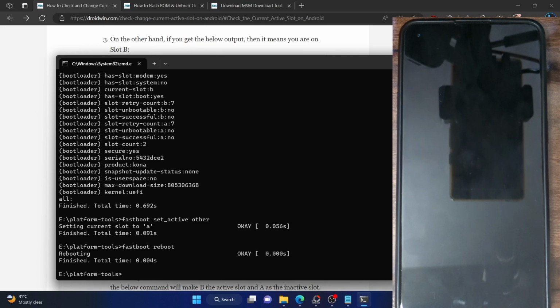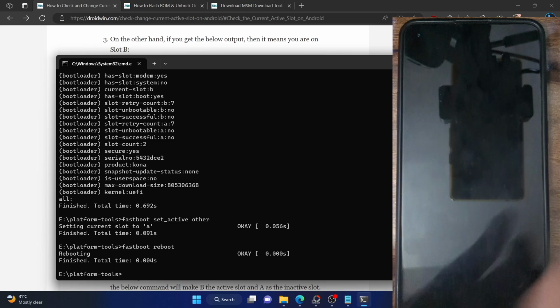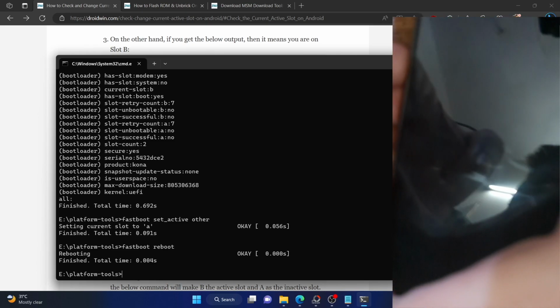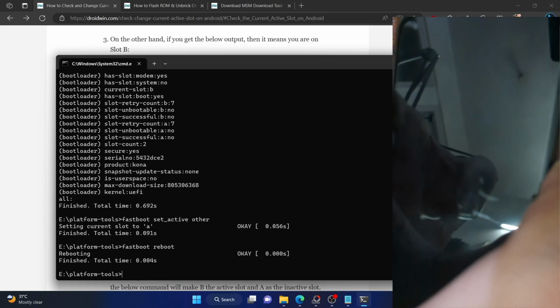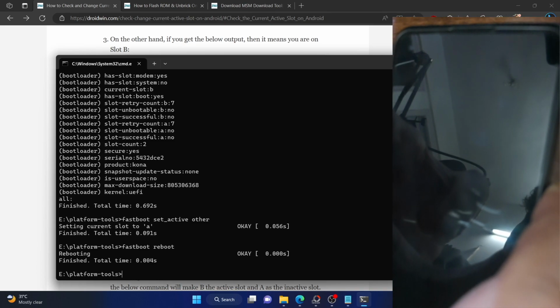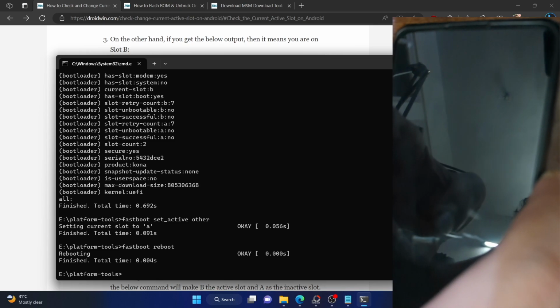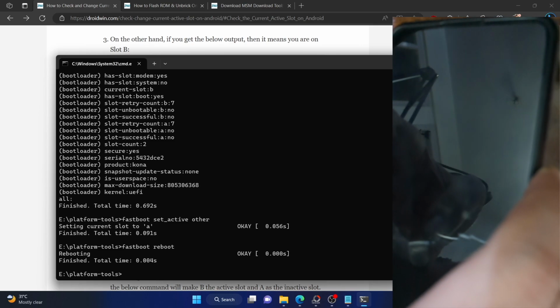Let me re-verify once again. Let me check out once again what is the current status. Just give me a couple more seconds and then I'll verify that. So I am stuck in a boot loop. Again, I'll have to press and hold the power, volume up and volume down keys, all three keys, for around 10 to 15 seconds to boot my phone to fastboot mode, and then I will move on with the second fix.